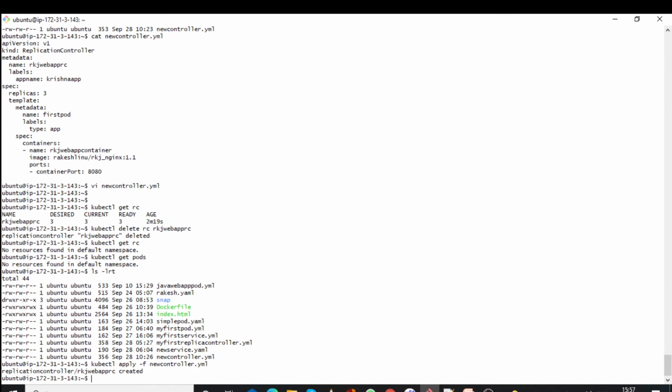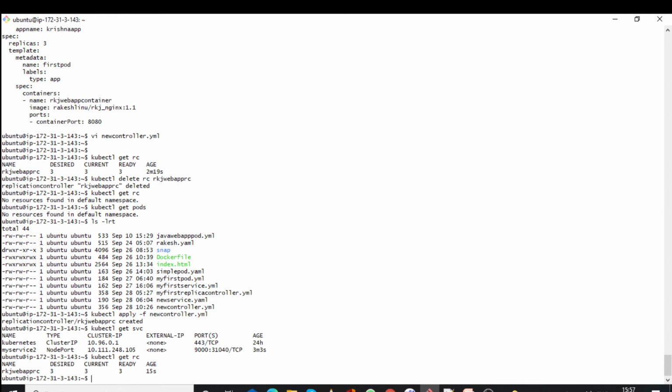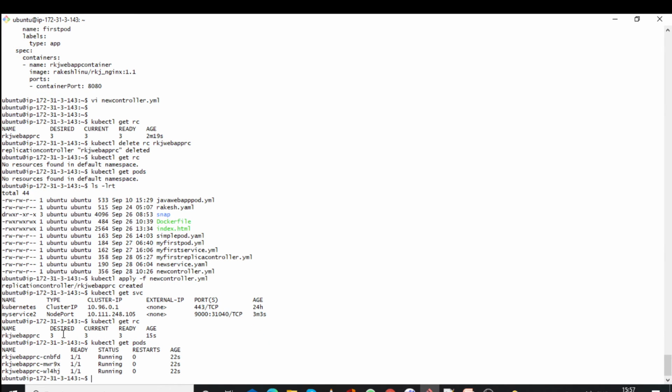You can see it's created. kubectl get rc. kubectl get pods. So pods are running, right?